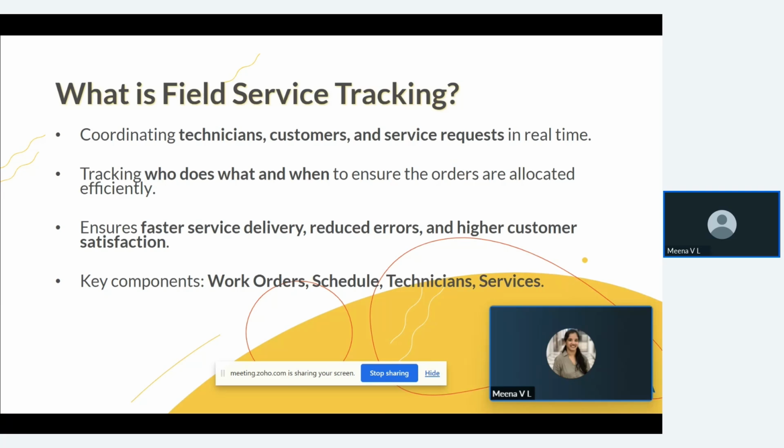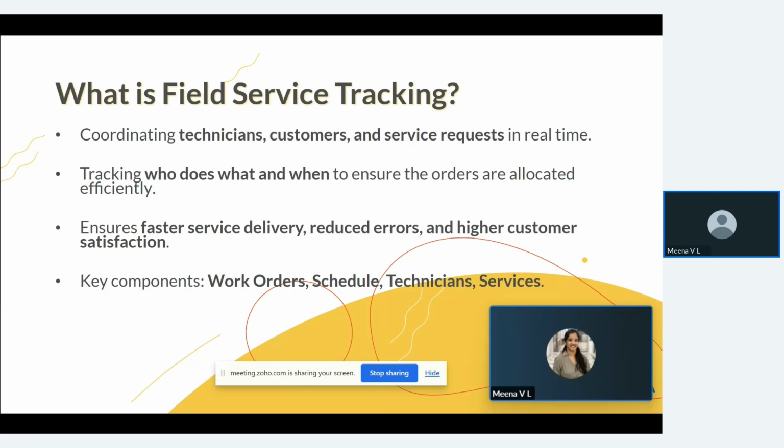So why should we build this in Zoho Creator? Isn't there any other product? Or can't we just use Zoho FSM itself? Yes, we can. But the cost is something we need to think of at that point. When you take up Zoho FSM, it's a complete module built for this particular use case, so the complexity is also there. Someone with a very minimum requirement can feel this product to be a complex one.